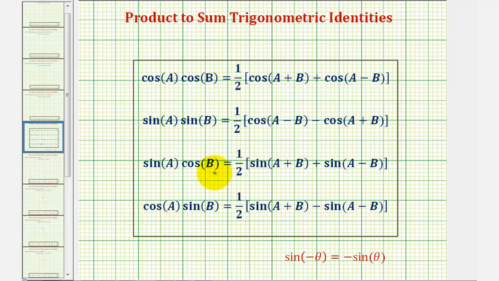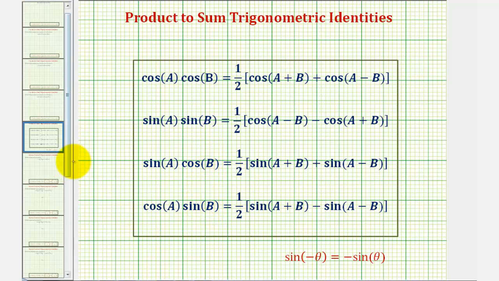And typically when applying these identities, we want A plus B and A minus B to be positive. But notice if A minus B was negative, we'd have sine negative theta, which using the negative angle identity is equal to negative sine theta. That's the reason why in the second identity, this plus sign becomes a minus sign. But as long as we have angle A greater than angle B, we can go ahead and select which identity